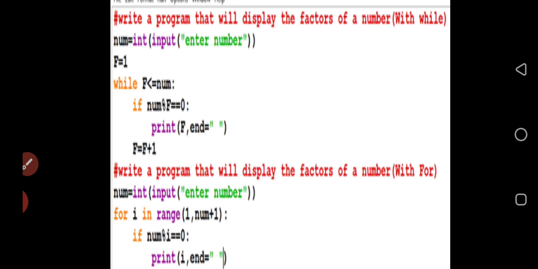First one is with the while loop. Second one is with the for loop. Now first, before starting the program, I think you know the concept of a factor. Factor means, suppose the user has given